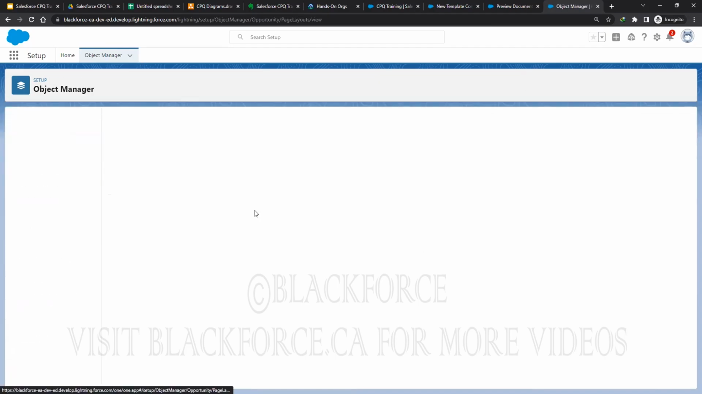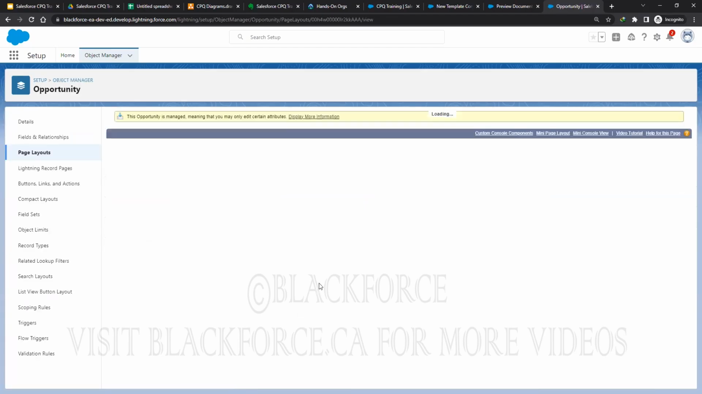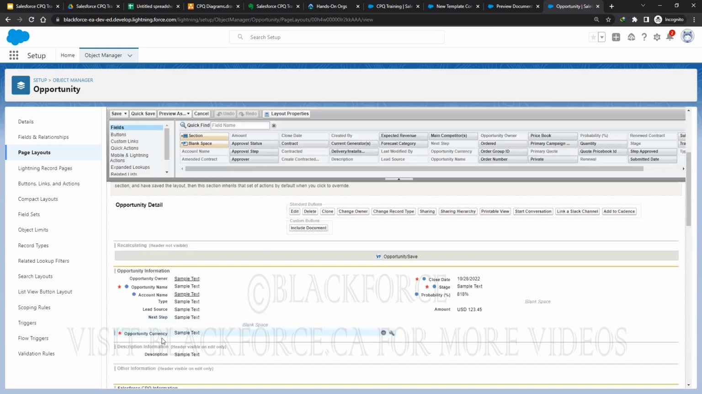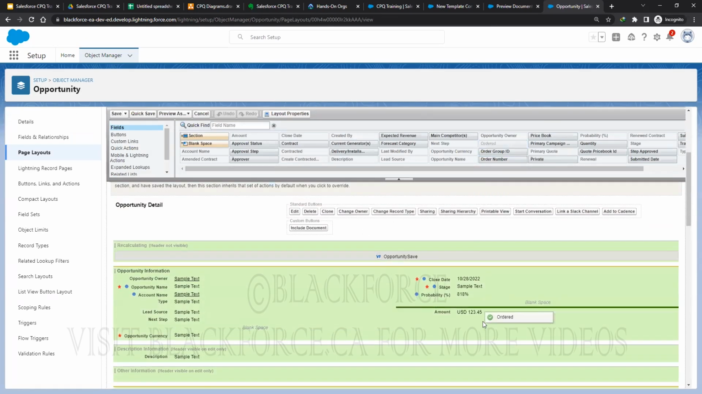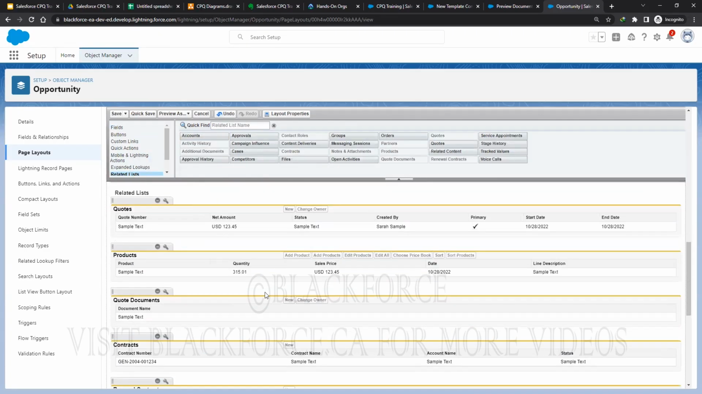Opportunity. I'll go to page layout. I would say CPQ opportunity layout. I would add, let's just say it's not there, so I'll bring ordered here. I'm gonna put a blank space in between so I can quickly find it. If I go to the related list,